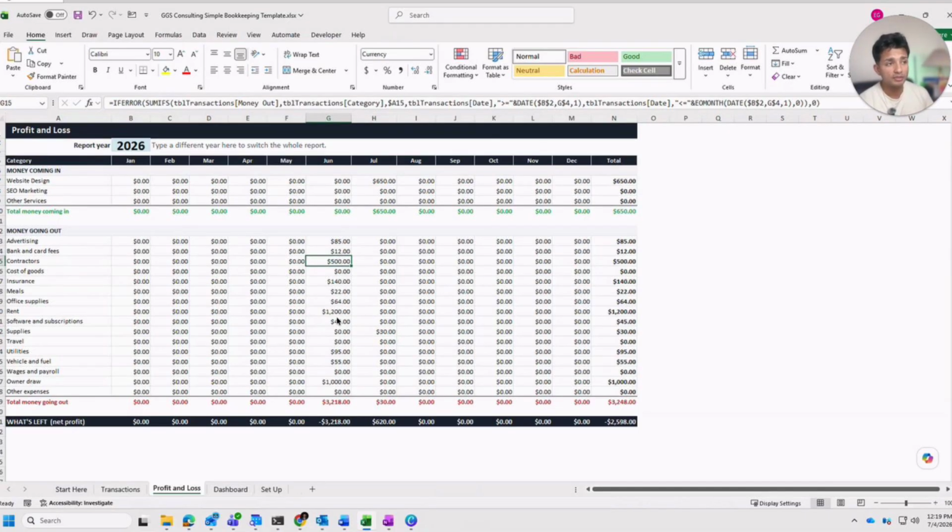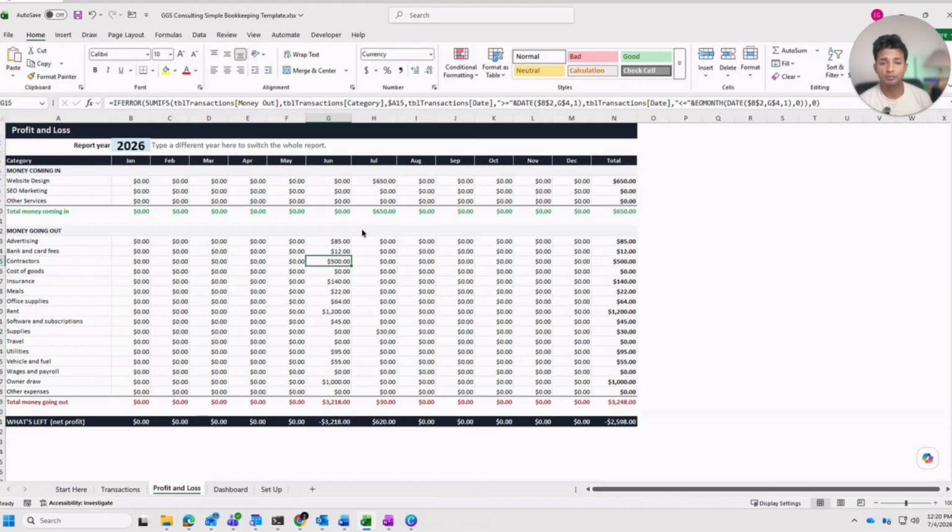So this really helps us get a better understanding of our business so that we can make decisions on what expenses to keep and what different services are doing for our business, so that we can try and prioritize the different revenue streams that our business might have. So let's say website design is the bulk of our business. We might invest into that full time as opposed to doing other different things in our business. So it just really helps us prioritize and get a better sense of how our business is doing,